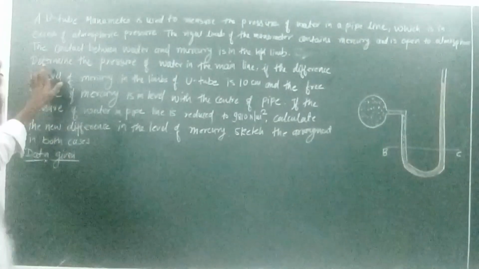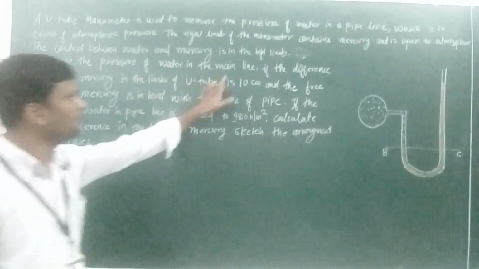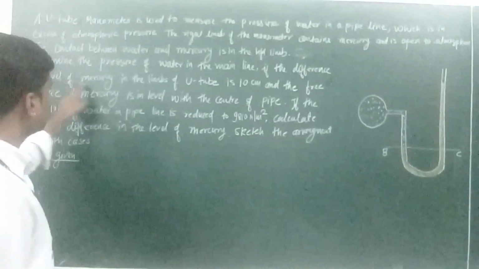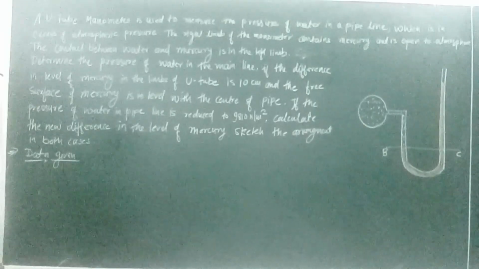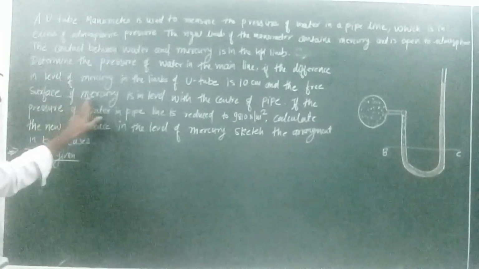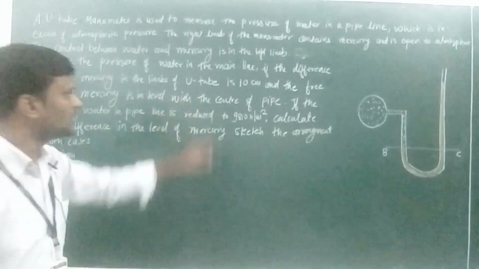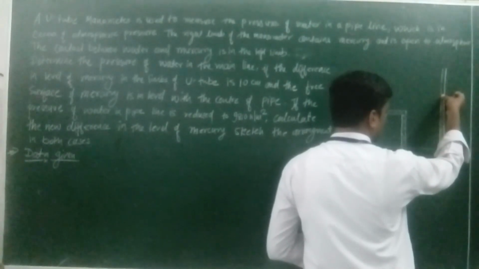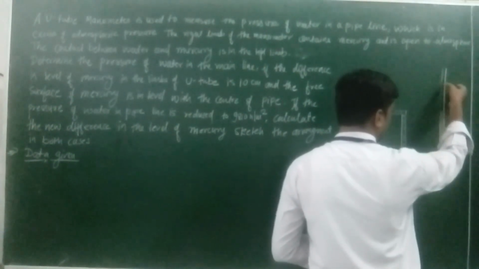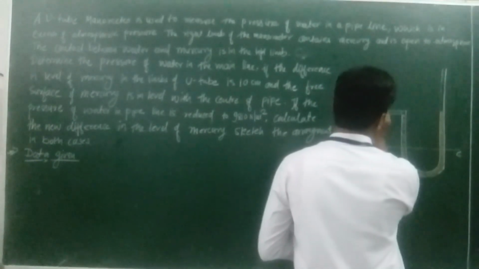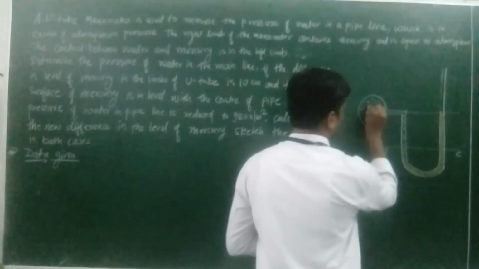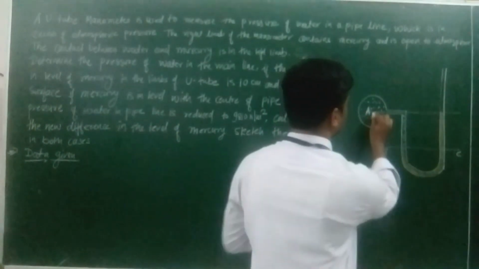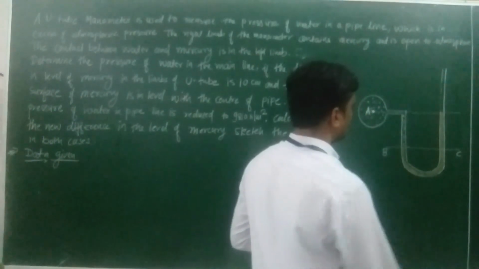Now what is given again? Determine the pressure of water in the main line if the difference in the level of mercury in the left limb of the U-Tube manometer is 10 cm and the free surface of mercury is in level with the center of the pipe. This means the level of mercury in the right limb will be in line with the center of the pipe. If I assume this is the point A and this is the center of the left limb,